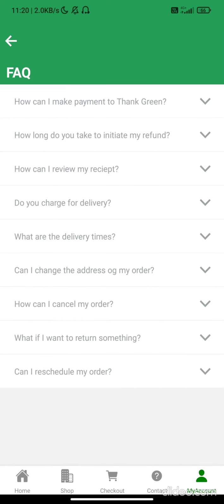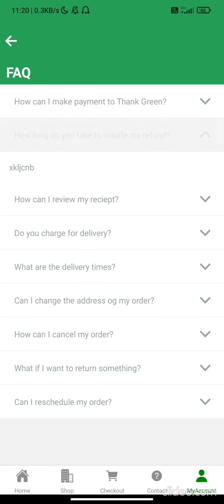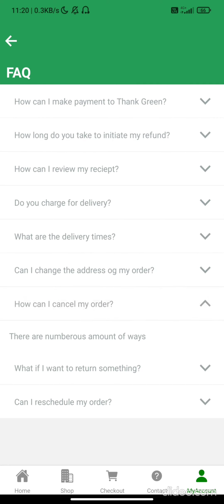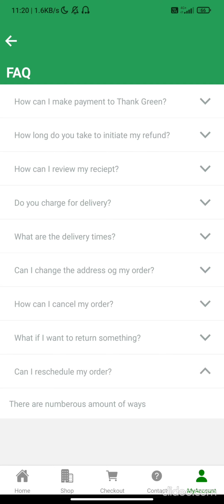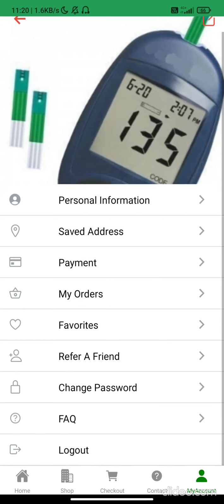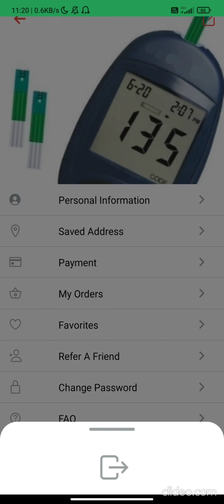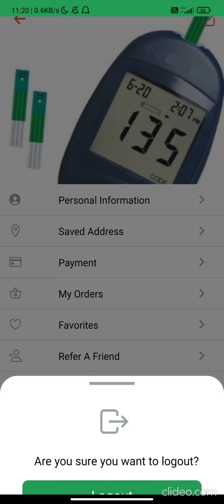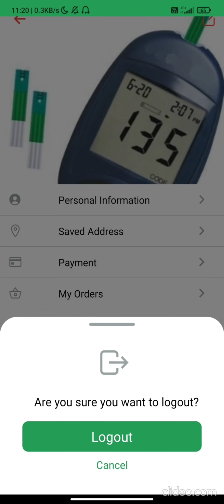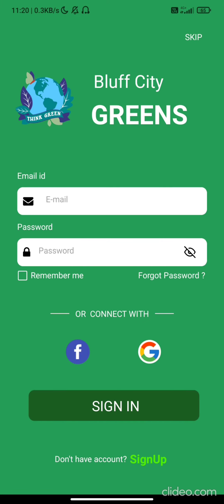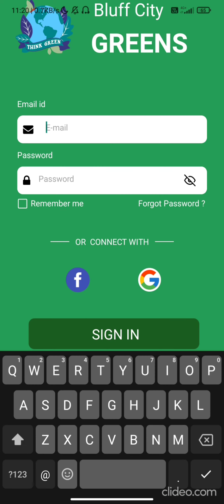Here is the FAQ screen. There are frequently asked questions. This is the FAQ screen. And if I log out, this is the logout sheet, a bottom sheet appears, and simply pressing on logout, you can successfully log out from our application. If I enter the email